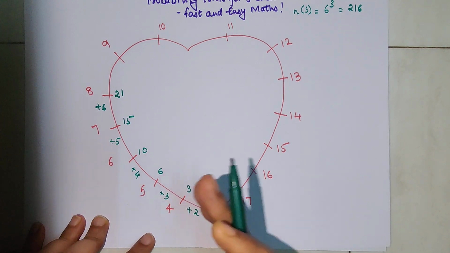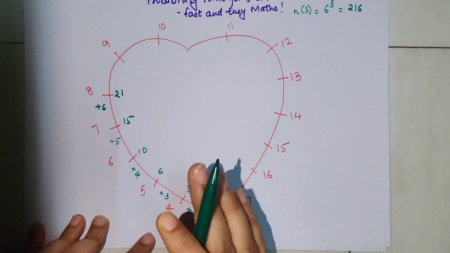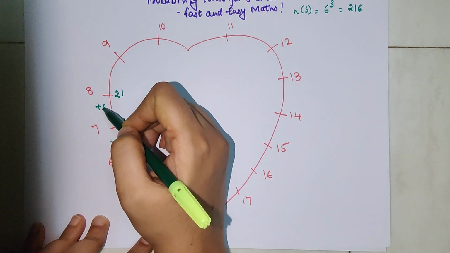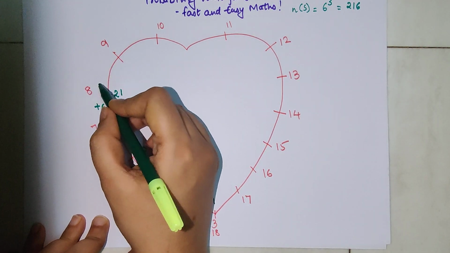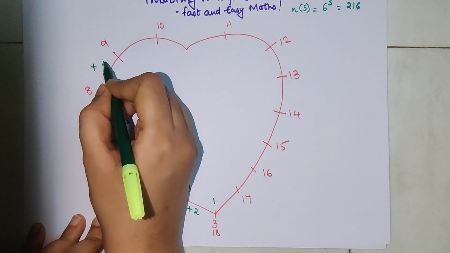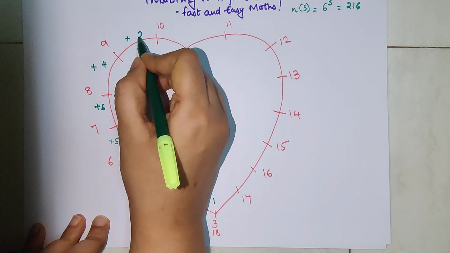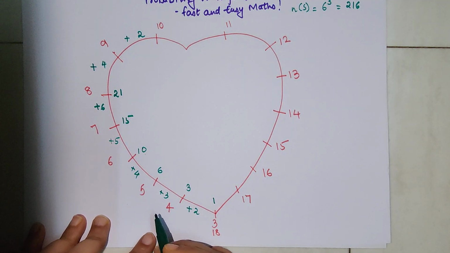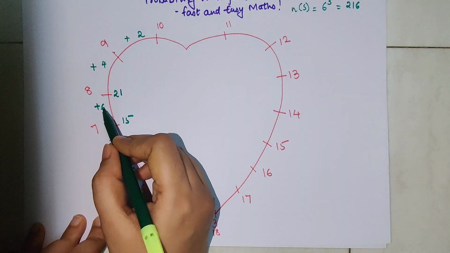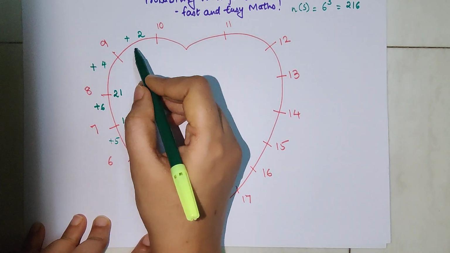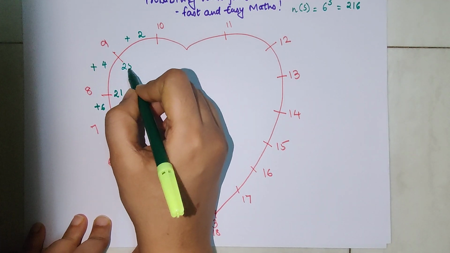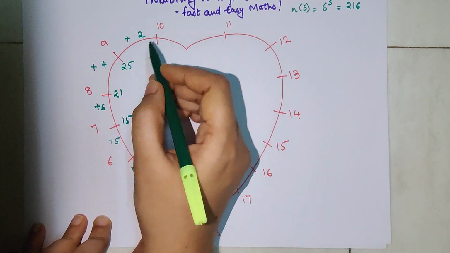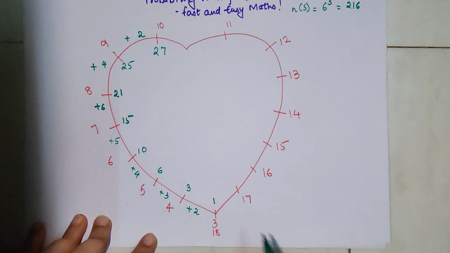What is the maximum digit whenever you roll a die? That is nothing but 6. So here we have to take a break, because over here we will not be adding 6, instead we will be adding 4, and here we will be adding 2. Why like that? Because 4 plus 2 will again get you 6. So this is something which you need to remember. So 21 plus 4 will get you 25. 25 plus 2 will get you 27.